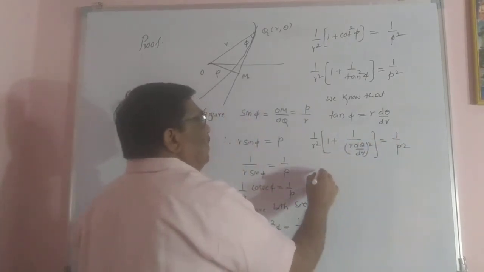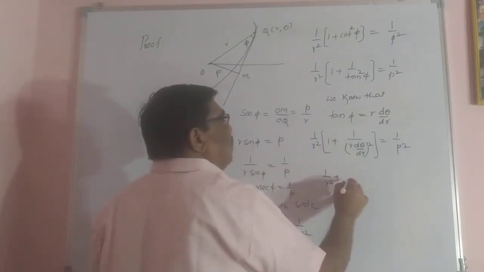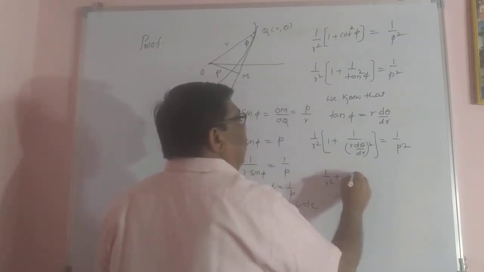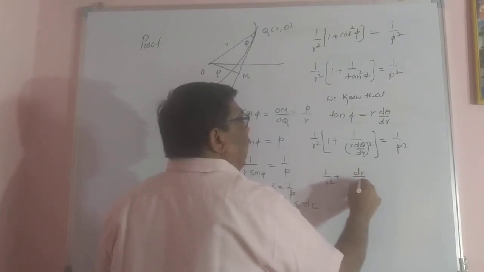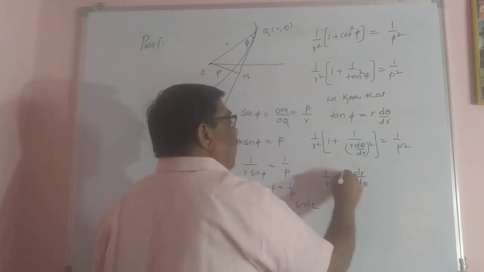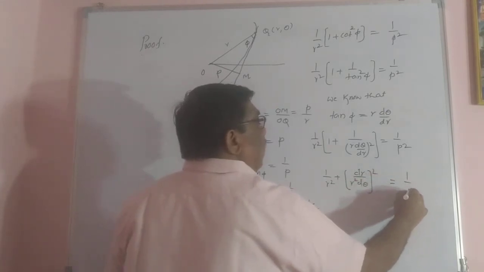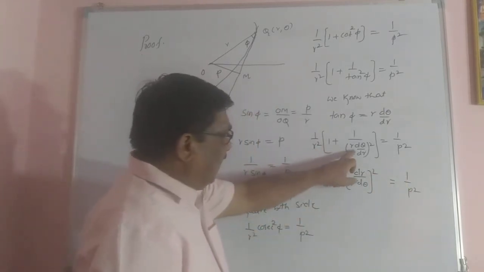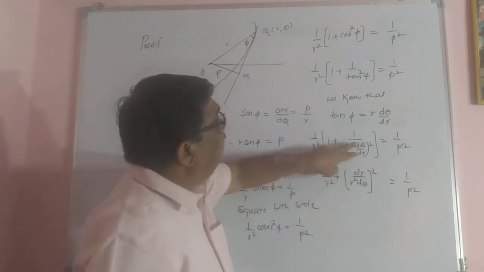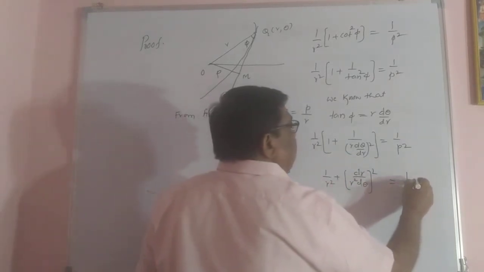So let me simplify this. 1 by r square into r square into, it is r raised to 4. So I can write it like this, it is dr by d theta, that r goes to the numerator. This I can write as r raised to 4. Like this I would like to write it, equal to 1 by p square. See, nothing I have done. Again, d theta by dr is dr by d theta whole square I have written. So call this as 1. Just call this as 1.